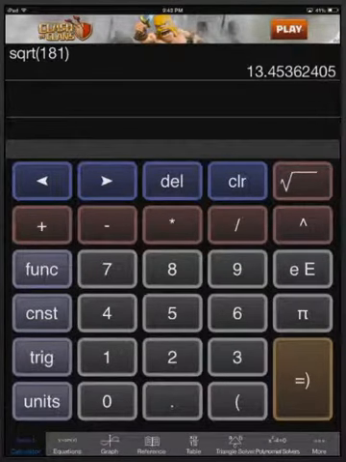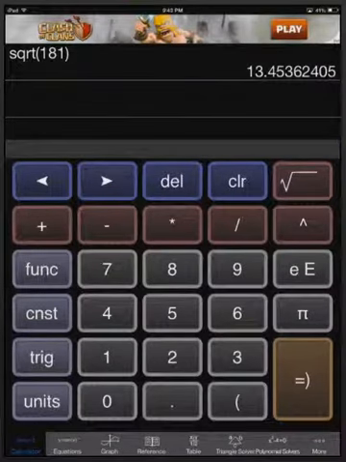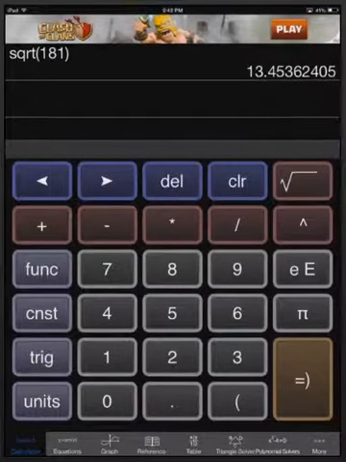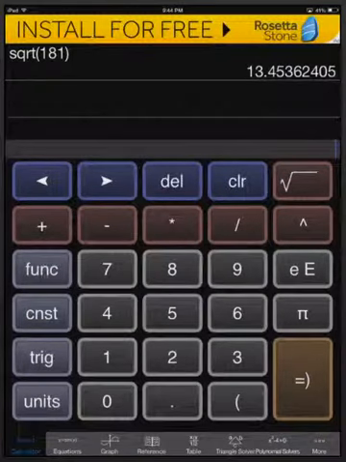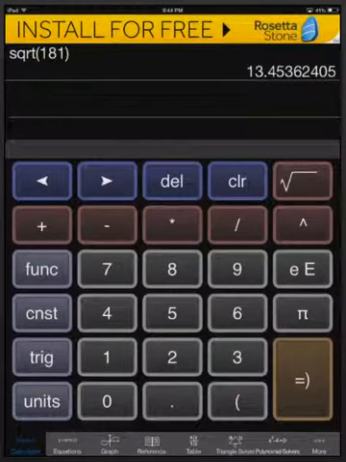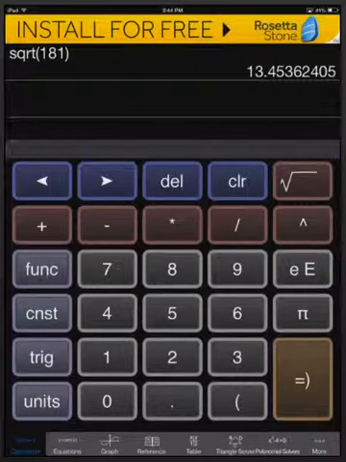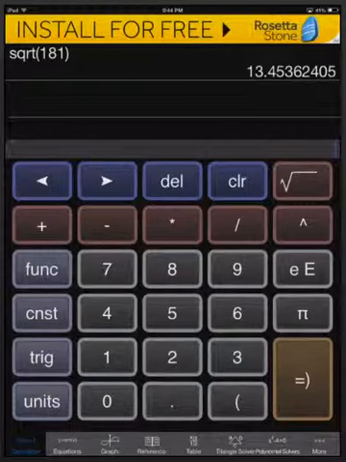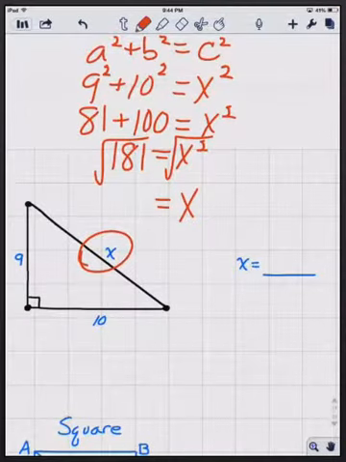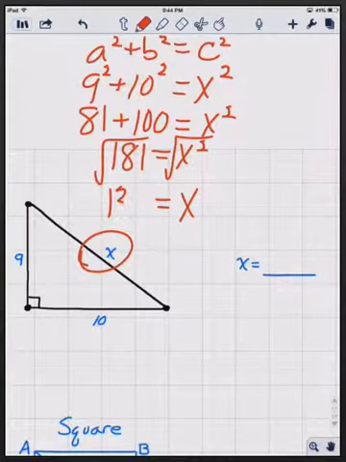13.4536245, and there are more digits after that, but that's what the calculator is rounding off to right now. I always want you to round off your answers, for now anyways, to the nearest tenth. So to round off to the nearest tenth, you look at the hundredths column. In the hundredths column, where the 5 is located, if it's 5 or above, you're going to round up to the next value in the tenths column. So in this case, 13.45 anything is going to round up to be 13.5. So we'll go back and enter that, and we get 13.5